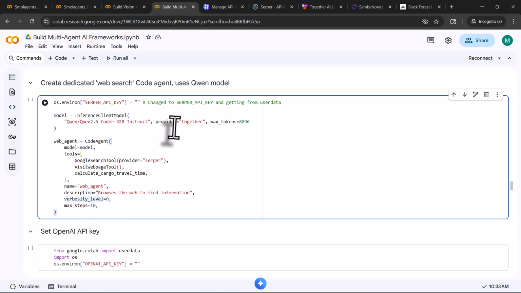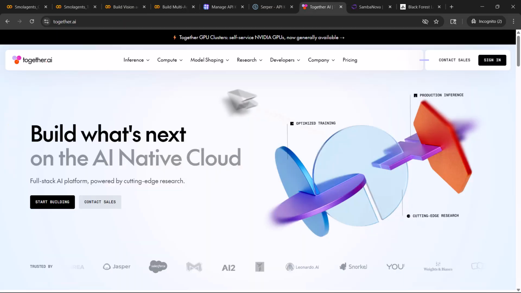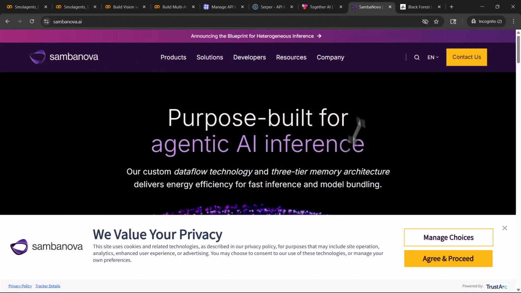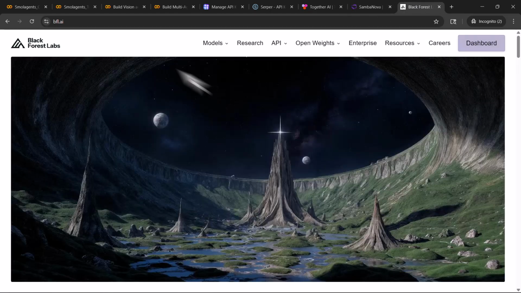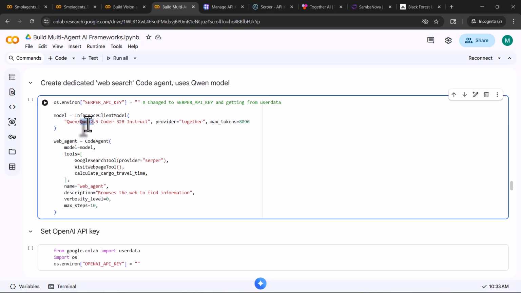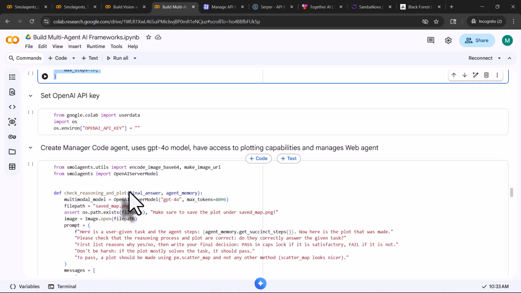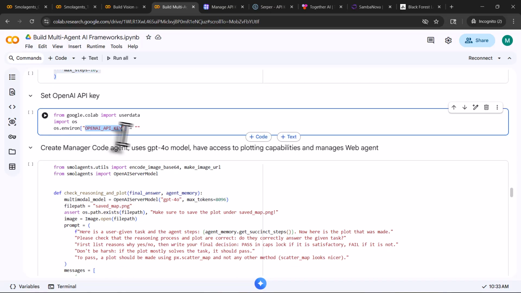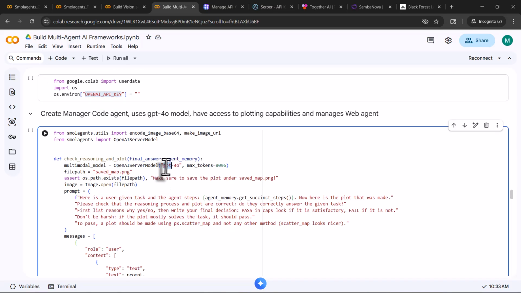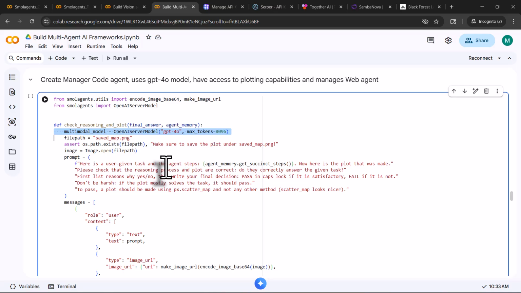Okay. Here we are using the Together provider, but we have other providers too, like SambaNova, Black Forest Labs, etc. And for the model, we are using the Qwen model. So this is how we defined our web agent. Next, the manager agent will need to do some mental heavy lifting. So we give it the stronger model, the OpenAI model GPT-4o, okay,